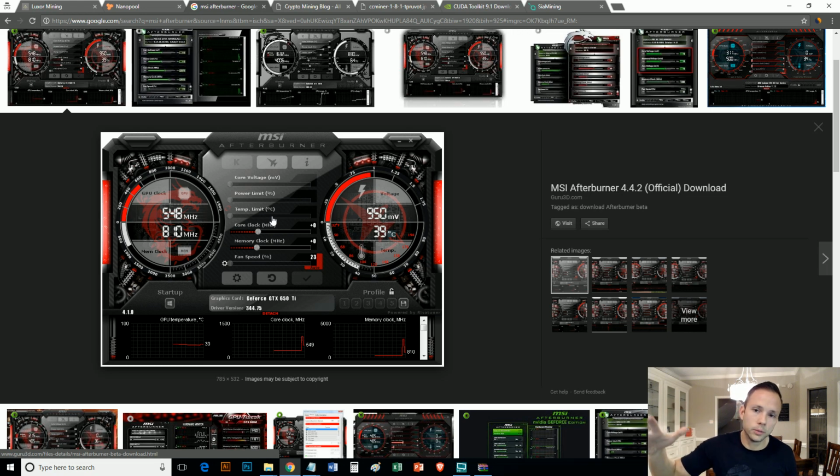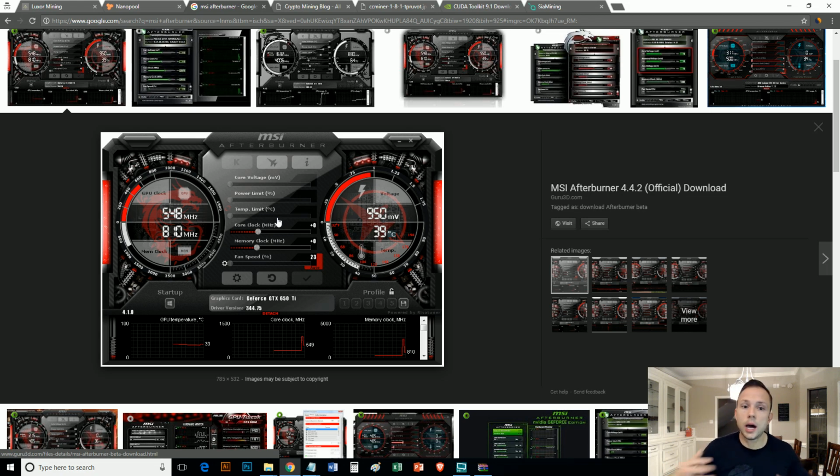I'd rather just collect more coins and whatever. So that's why I always adjust my temperature limits down lower, because usually they'll ping the top and just sit at the top. So if you're maxing out, temperature limit is at 75, it'll probably sit at 75 degrees Celsius the whole entire time. So just make sure that you run this and watch your temperatures, because you do not want to burn